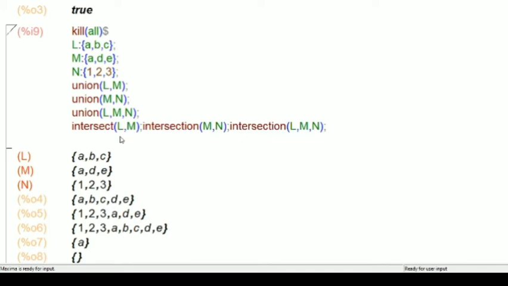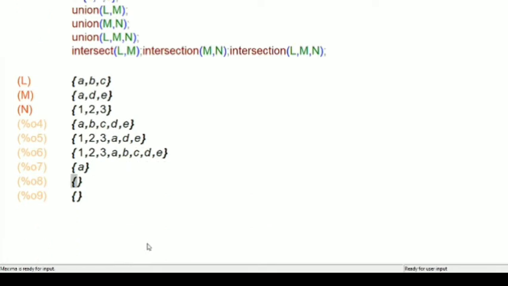Next, what is the intersection of L and M? Common element. A. So it is singleton A. Singleton set, a set containing only one element. What is the intersection of M and N? No common element between M and N. Therefore, intersection is empty. Alright? What is the intersection of L, M, N?